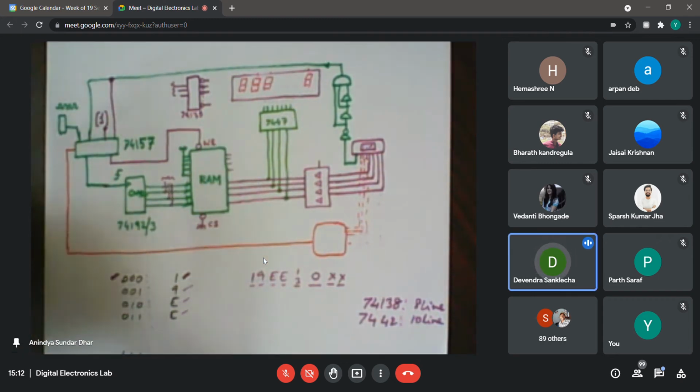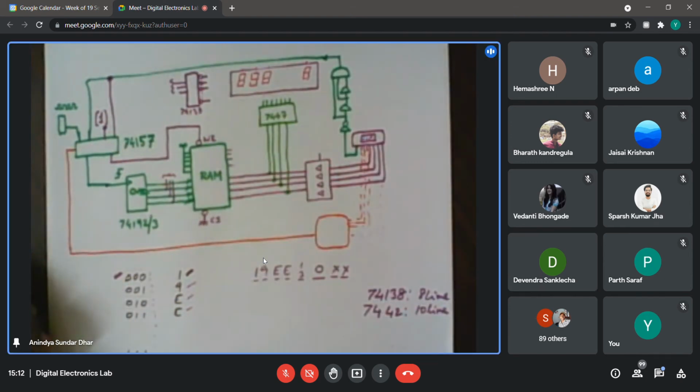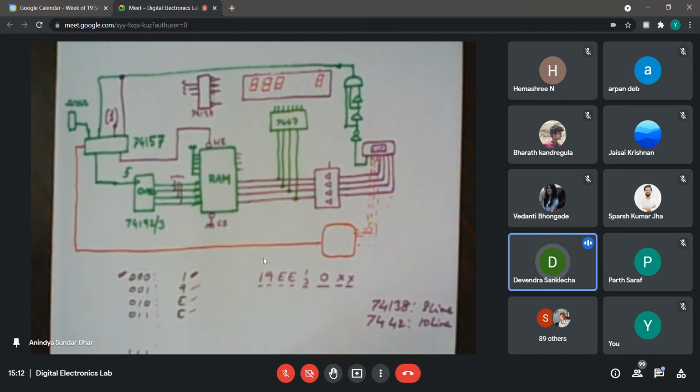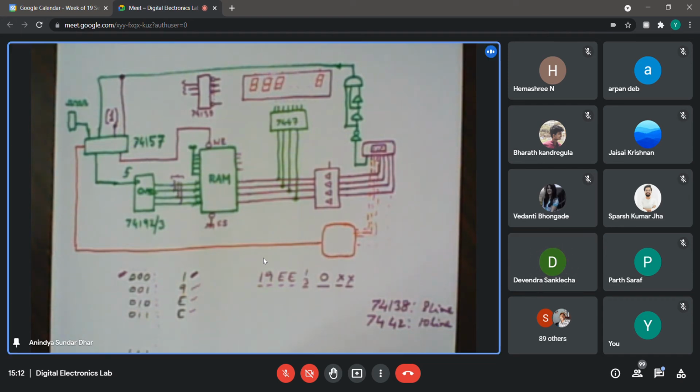Can't we use a DMUX with input as 1? DMUX, which IC, tell me? I don't know, it's a 3-bit DMUX, so according to the select line, the output will be 1 and all the other bits will be 0. What is the IC? Just check and tell me the number.